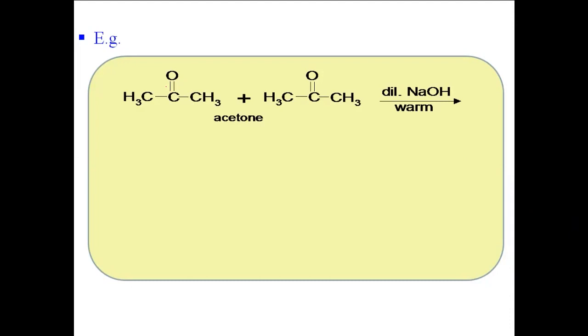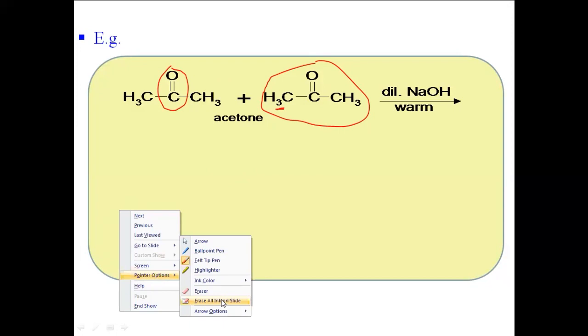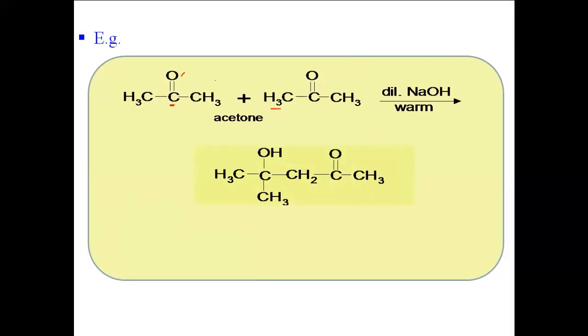But how does the reaction take place? Here also, 1 molecule of acetone and 1 molecule of acetone. Suppose this 1 molecule of acetone adds to the carbonyl group of the second molecule. Addition takes place to the carbonyl group of the second, meaning one hydrogen atom adds to the oxygen, while the remaining part adds to that carbonyl carbon. We get the beta hydroxy ketone,